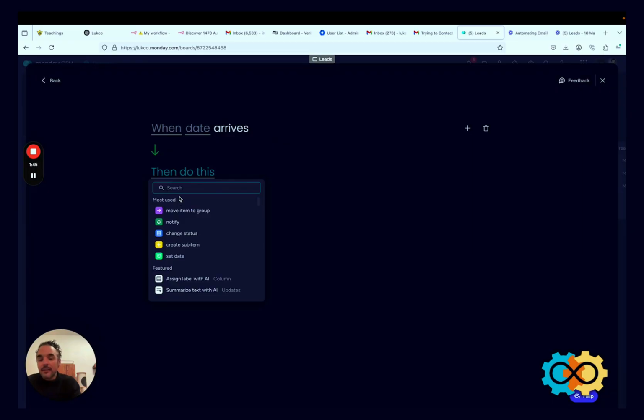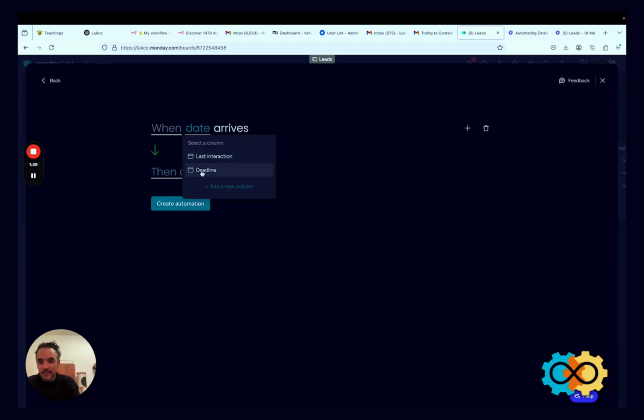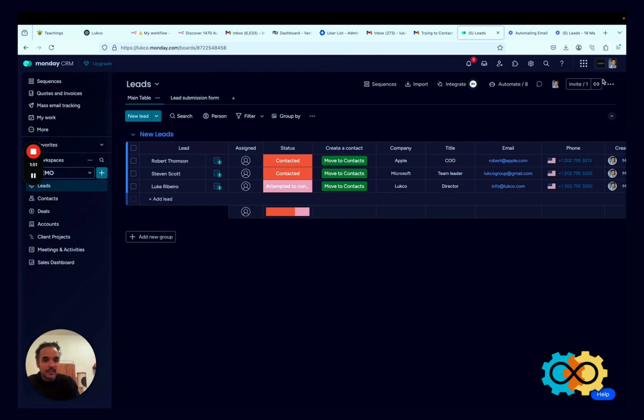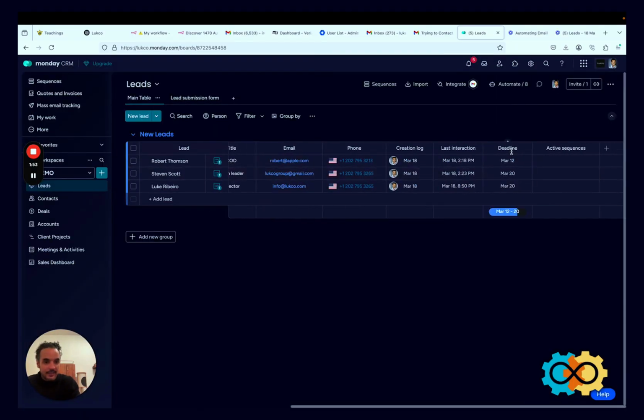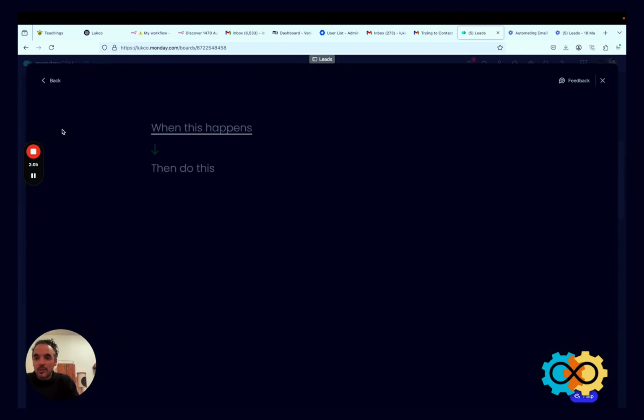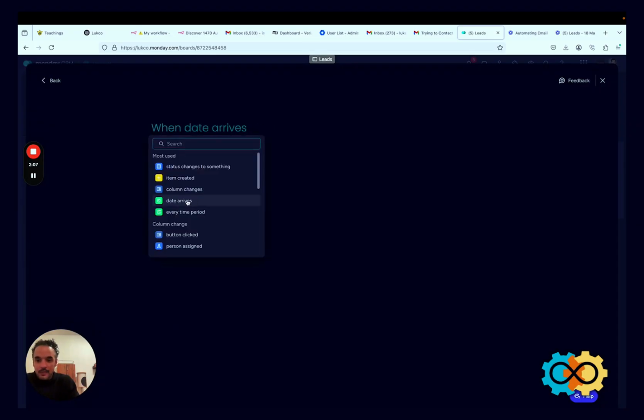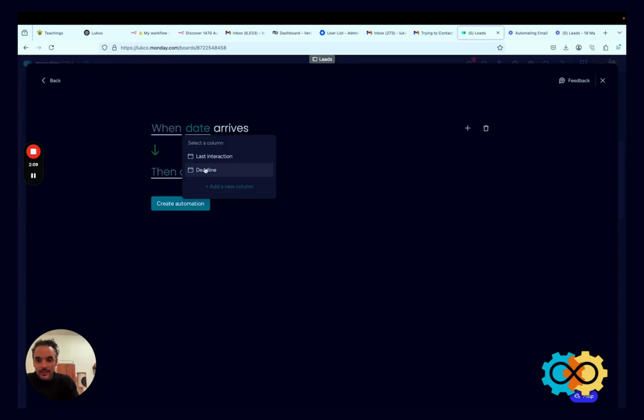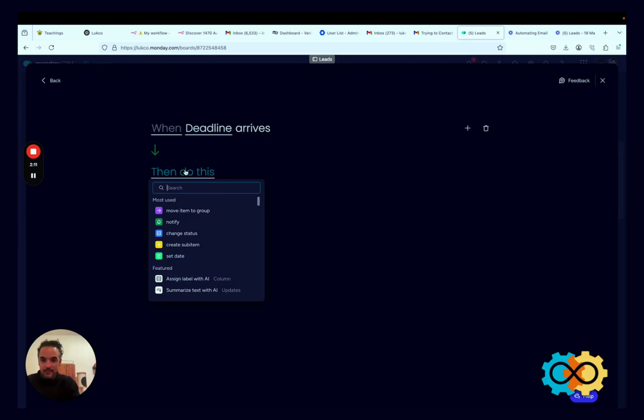When date arrives. So let's pick a date column. I have a deadline date column. If you see here, I just added it, deadline. So let's just say you have deadline dates. Maybe this was a task board, or maybe this is the deadline to contact the lead. All right, so let's go back to the automation. When date arrives, when deadline arrives, then send